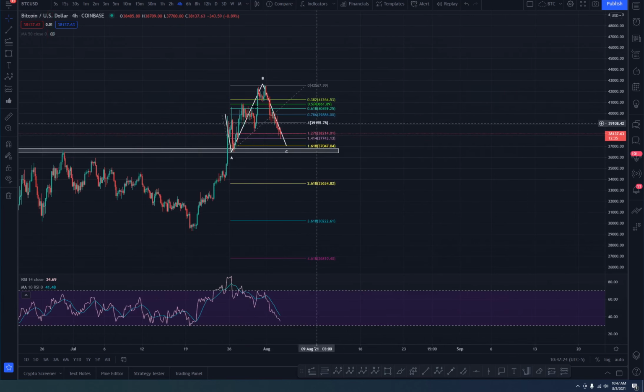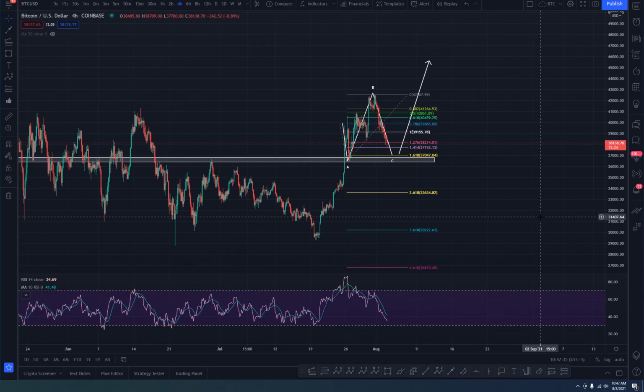But there's an idea for you that we have a running correction, a running flat, which would be followed by more upside to come afterwards. And so we would expect a trajectory of the wave to go up after this finishes. Now, is there anything else supporting that? Well, yeah, we got an Elliott wave count that supports that, but we also have RSI across the time frames